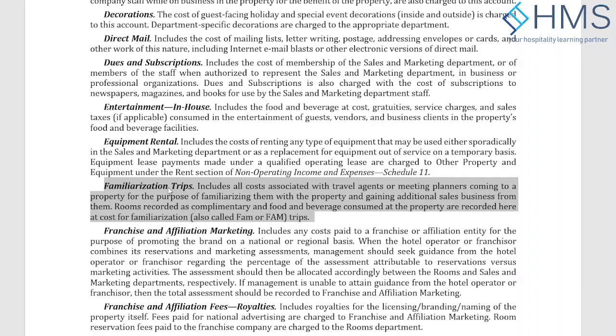Sometimes the hotels host international fam trips, right? So in that case, if we are absorbing the cost of coming in for those fam trips from international agents, then the cost will also include the international airfares or the stopover charges.